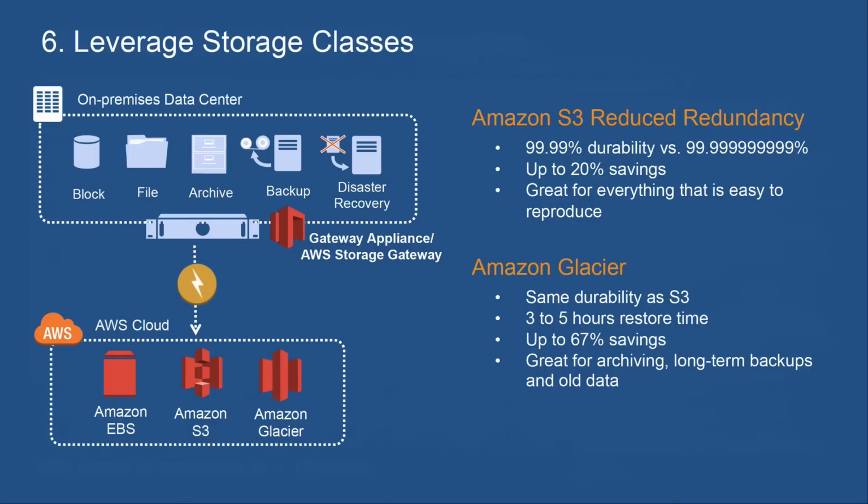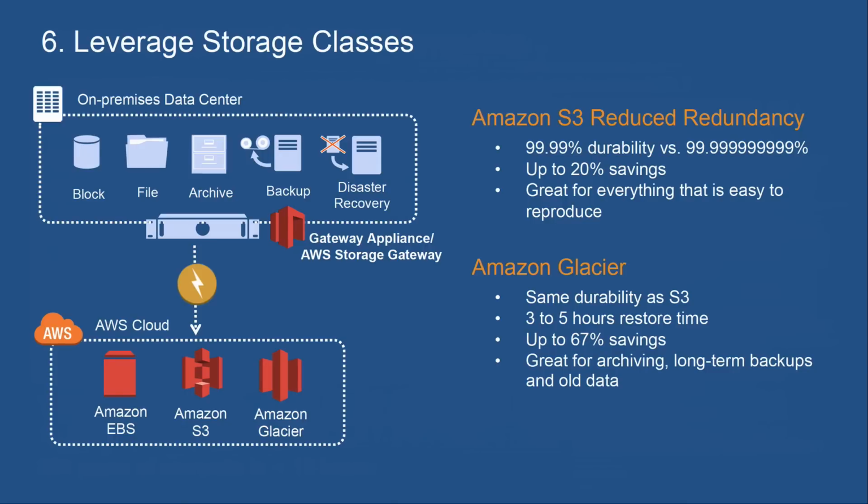And why might you use it? Well, it's a good target to use for large volumes of data that can be reproduced. A good example of this would be transcoded media, where you might have high resolution masters, 4K or 1080p masters of video, but you might want to transcode that down to 720, 364 and other resolutions for play out on different devices, or to use as thumbnails in another application. Well, you could store those transcoded videos in RRS, which would reduce your costs, and if you needed to reproduce them, you could reproduce them from the master on demand. So it's a good example of using RRS.